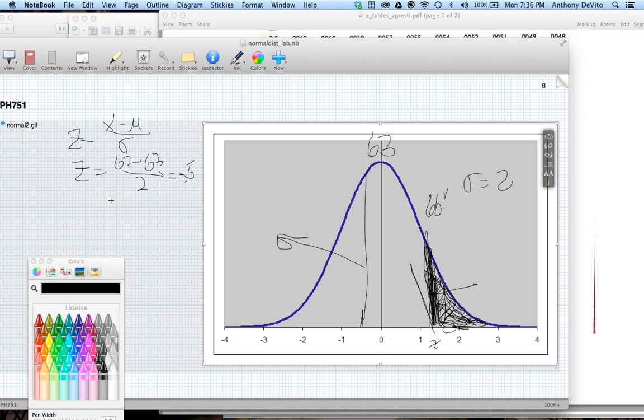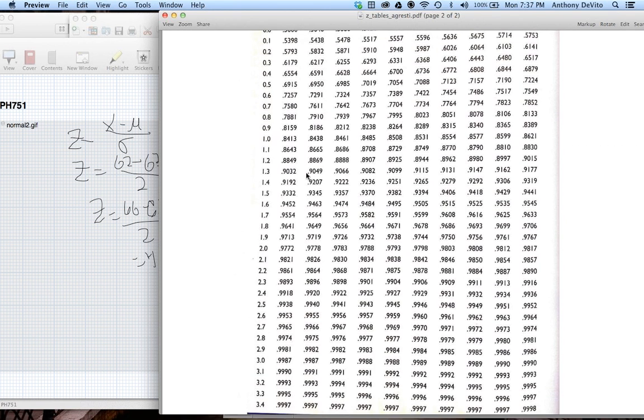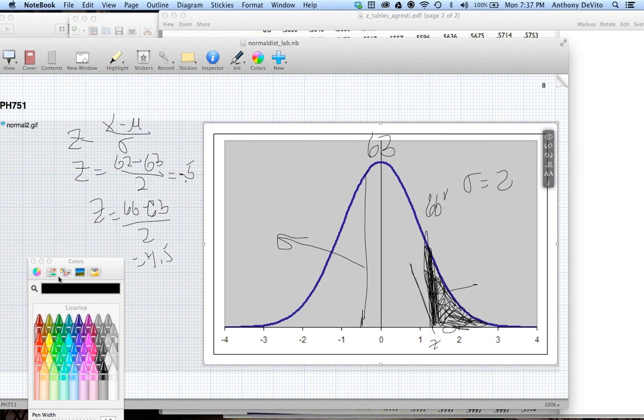Well, let's see. If I calculate my z-score, it's going to be equal to x, which is 66, minus 63, over 2, our standard deviation. So that's going to be 1.5. If I go to my table and look up 1.5, 1.50 is 0.9332. So what area is that? I just figured out 93.32. That's the area below, isn't it? Because it's always going to give us the area below that point.